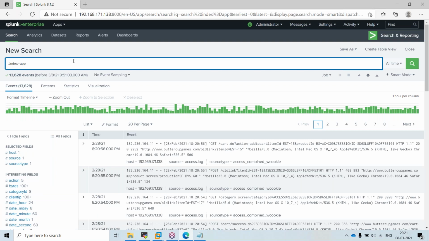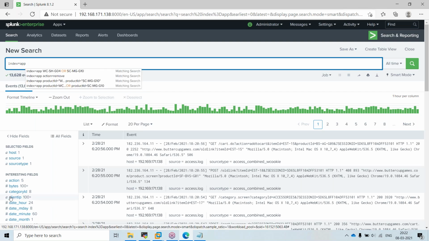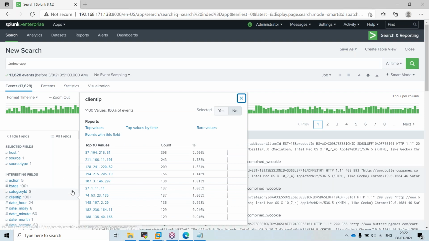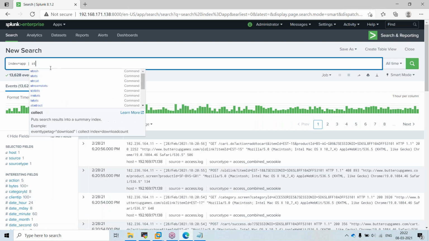So my customer has asked me how many people are logging into the system, like how many clients, in this peak hour or whatever. Let us assume on a particular day, how many people are accessing the application? Here I'm having something called client IP, which is the IP address of the client from which he has logged in. So I can say simply stats.